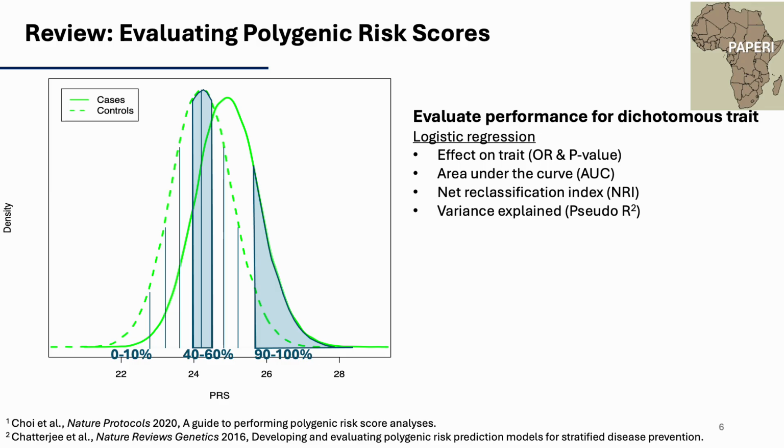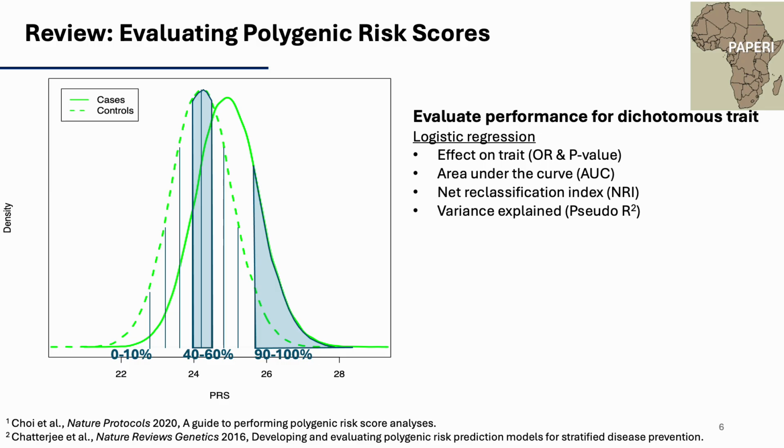There's a few different ways that we like to evaluate the performance of polygenic risk scores. If we're looking at a dichotomous outcome, we can use logistic regression, and the metrics that we would be looking for are odds ratios and p-values for the effect of the PRS on the trait. We can also evaluate the area under the curve, or AUC. We like to look at the net reclassification index, or NRI, and you can also look at variance explained, or